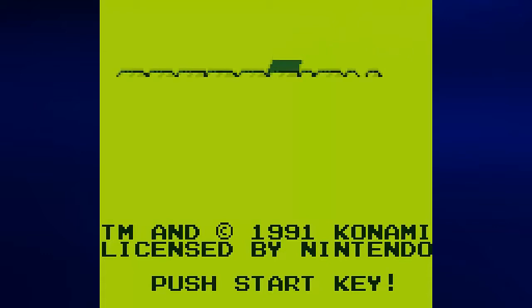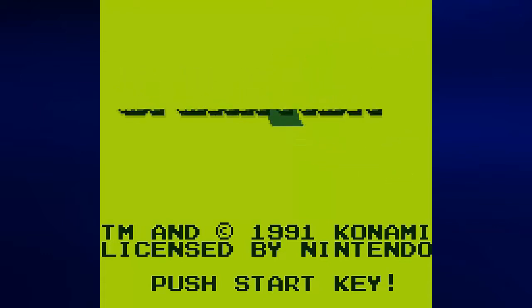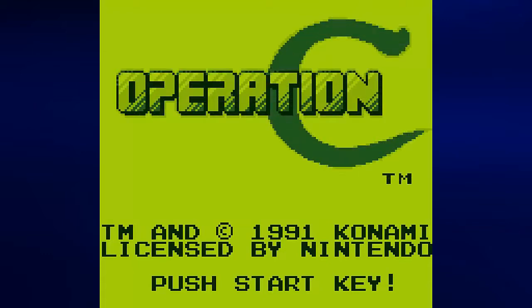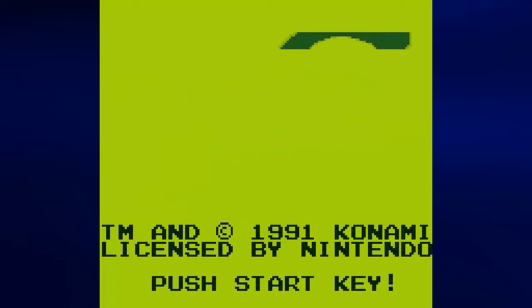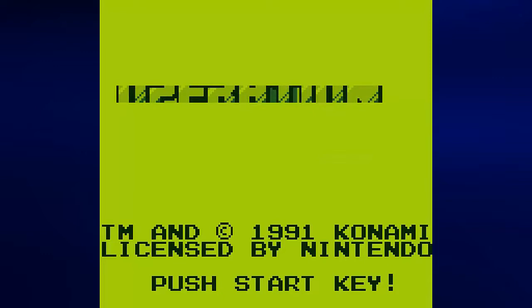This time around, it is Operation C for the Game Boy. This is the third game in the Contra series, coming after Contra and Super C, released in the arcades as Contra and Super Contra before being released on the NES and a ton of other platforms. And this is the very first handheld entry in the Contra series. It borrows heavily from Super C, but it is scaled down a little bit, being a Game Boy game from 1991. It's a rather short game too,